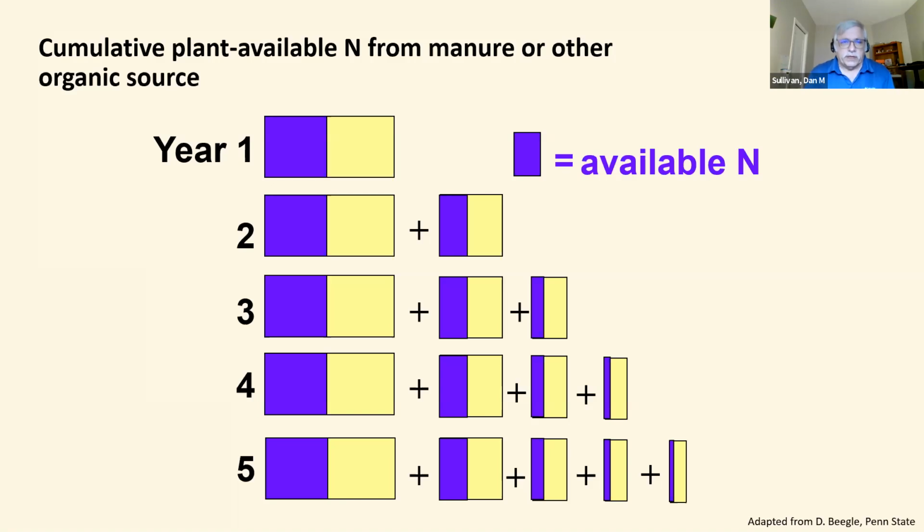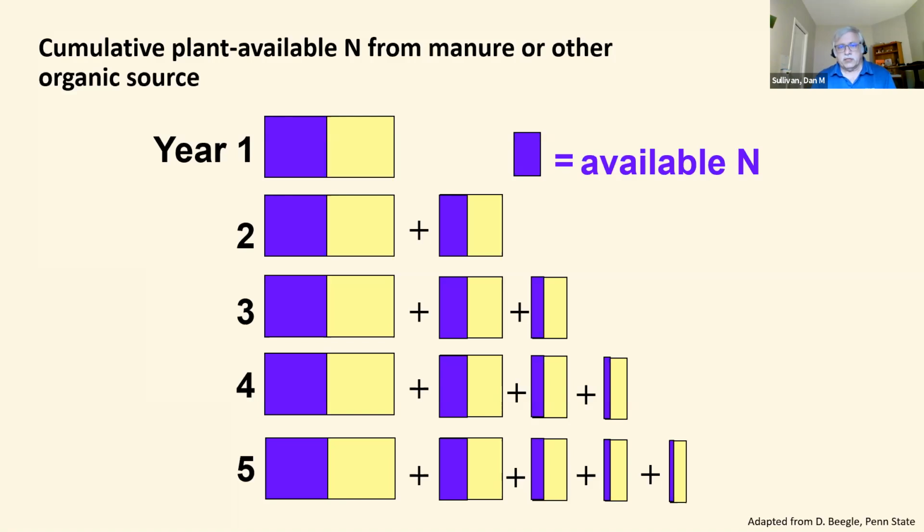This gives an illustration of kind of how it works, that in any manure or other organic input, we have an available fraction, which is the sum of the ammonium that's present initially, plus the mineralization of organic nitrogen during the first year. As we go along in time, we get